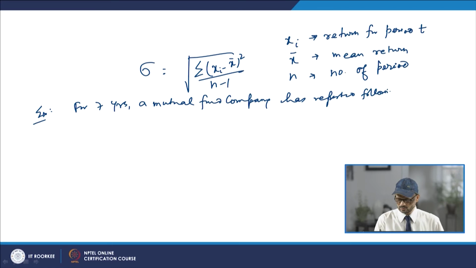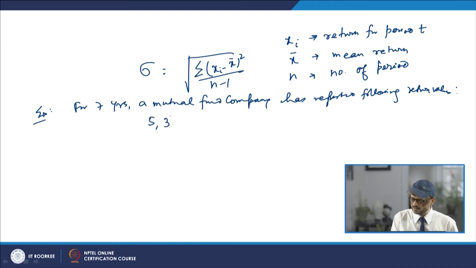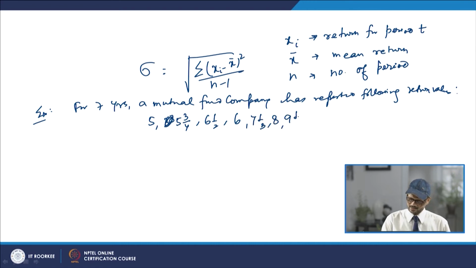Suppose the following return values: 5, then 5 3/4, then 6.5, suppose 6%, then 7 1/3%, and 8, and then 9.5. If that is the pattern in which the investment rate of return is shown for any mutual fund company, suppose we have to find the